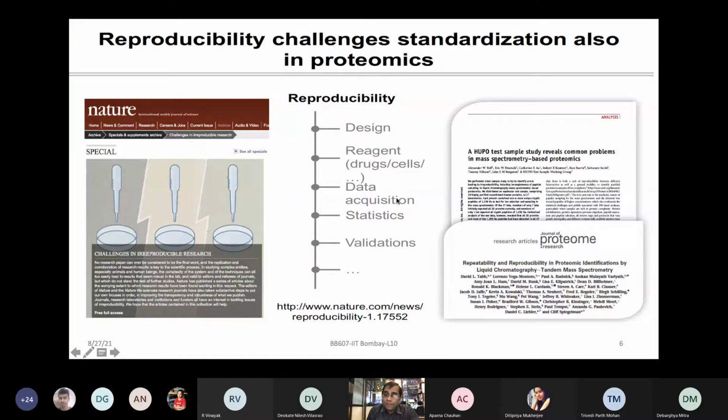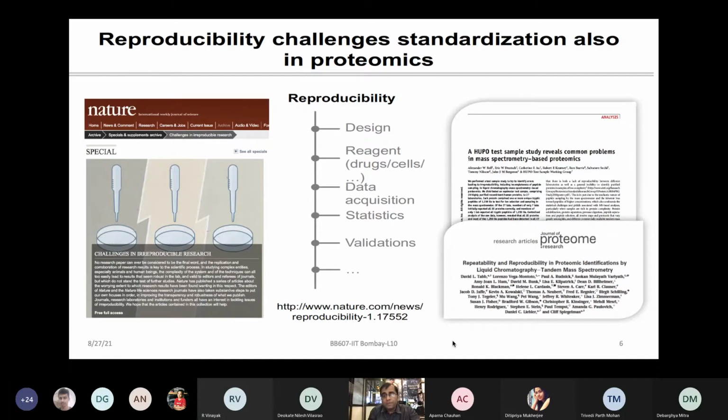You have been exposed mainly to the data acquisition and analysis part. You have seen that different types of label-based, label-free, DDA, DIA, many possibilities are there to acquire the data. And then finally it comes to validating the data, and of course if you are lucky, you can translate that data to clinical translation or towards understanding the biology or clinical problems well. So these are, I think, important considerations for any type of proteome experiment for any system which you are working on.